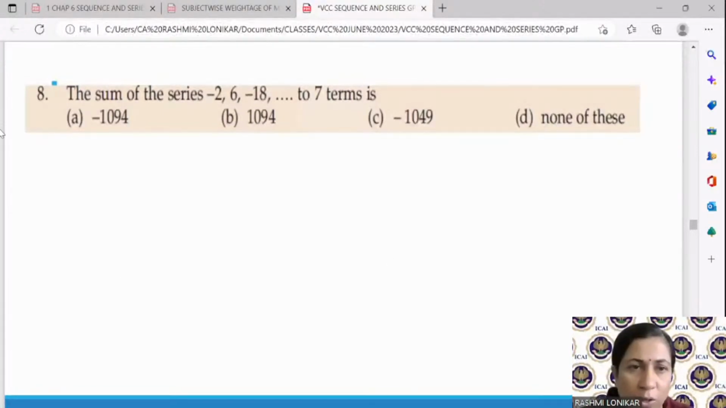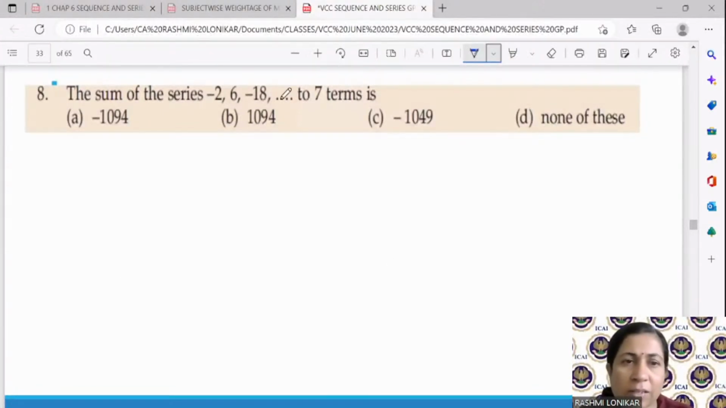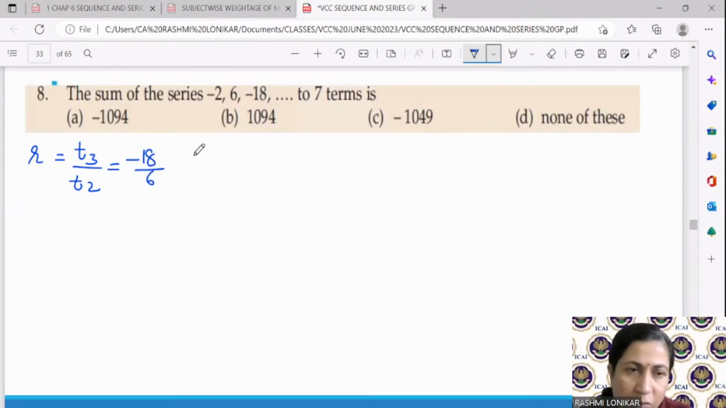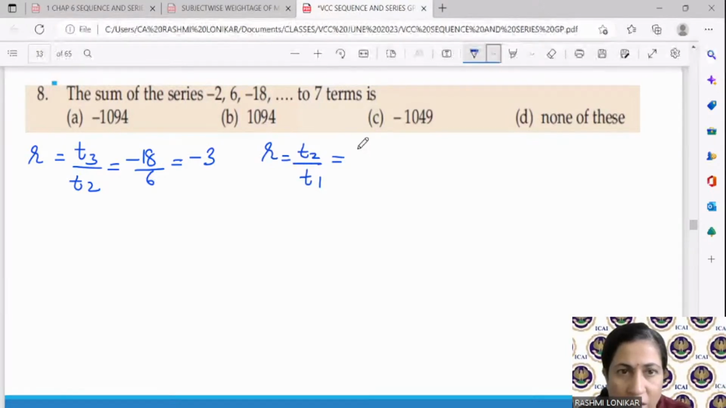Okay, so here I have: find the sum of the series up to 7 terms. Now first I have to check the value of R. R is T3 upon T2. What is the value of T3? Minus 18 upon 6, which is equal to minus 3. And R is T2 upon T1, which is 6 upon minus 2, which is equal to minus 3, which is less than 1. So I will be using the formula